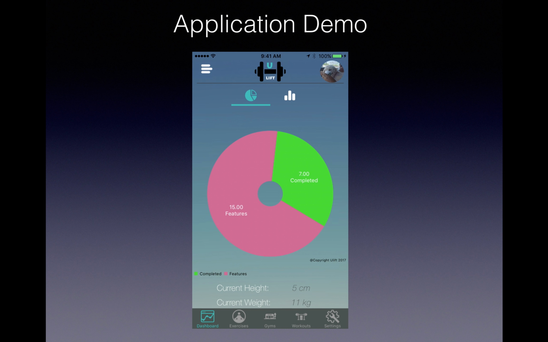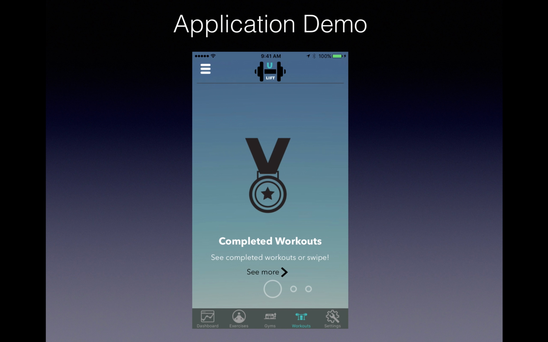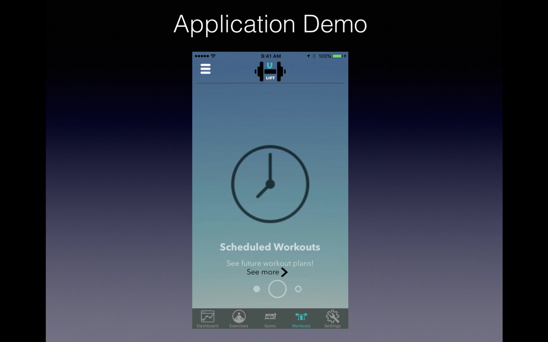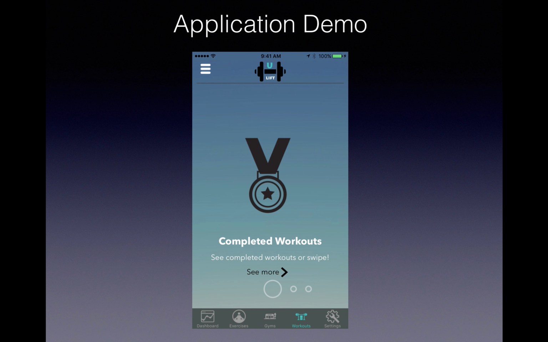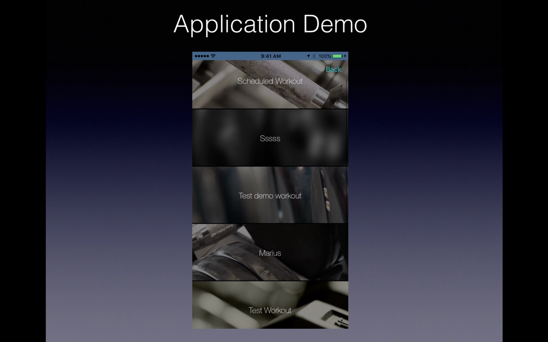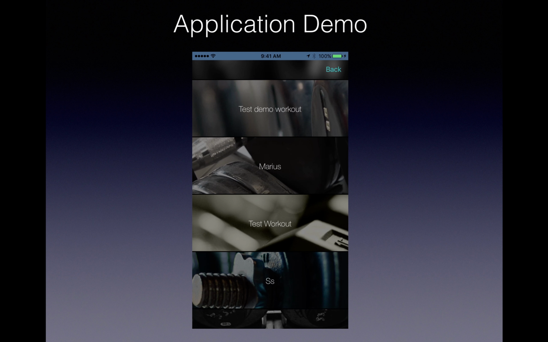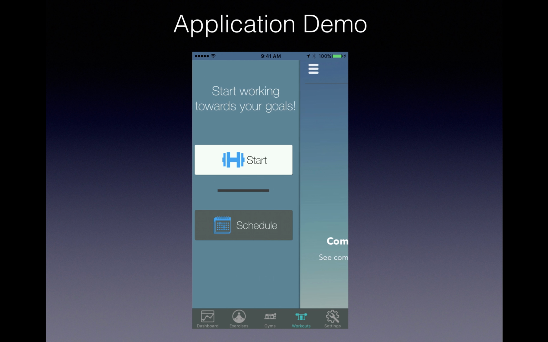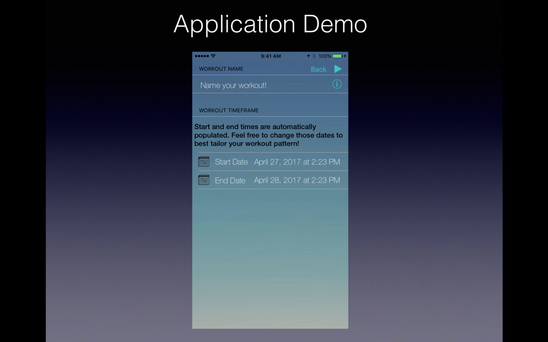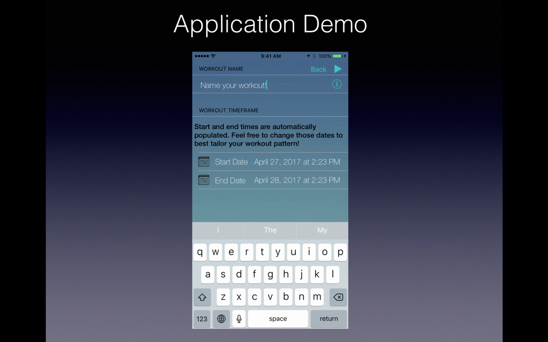So let's go into the workouts controller, and you can see that we have different options here to see the completed workouts, a list of the scheduled workouts and the current workouts. So let's see a list of the completed workouts. So we have a bunch of completed workouts with their names. We're not going to go in their details because we're not able to since they're already completed. But what we can do is actually schedule a workout, and we can name that workout and specify the start and the end dates. So let's say demo schedule